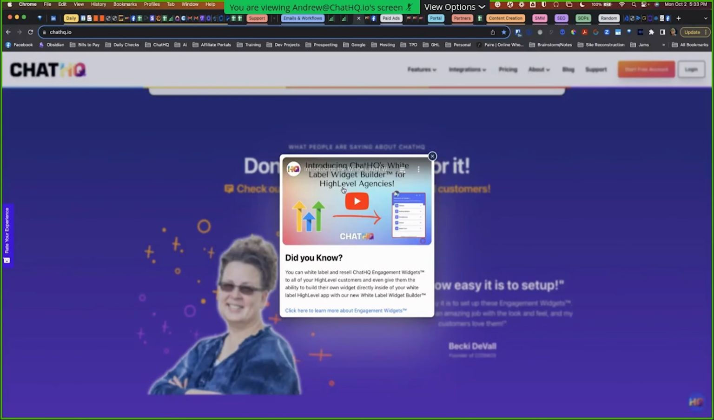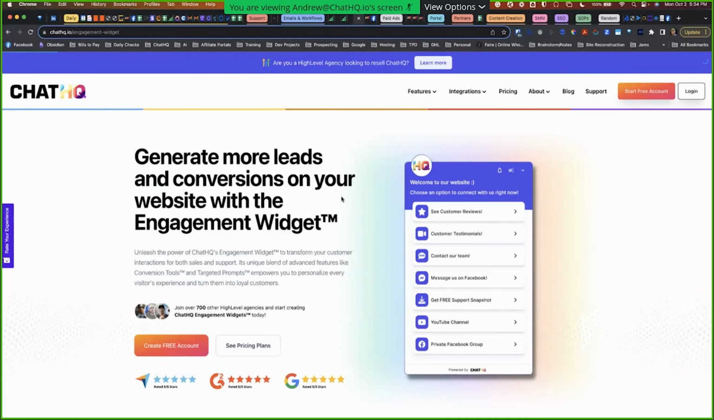Right here, it's a center pop-up. This one has a video, and I'm trying to get them to really pay attention. So like, hey, did you know that you can white label and resell ChatHQ? If they're at this point in the page, maybe there's some friction or some things that they aren't clear on. So we're saying, hey, we want to let you know you can white label and resell this stuff. They can watch this video and click on this link, which is just a text link, and it goes to another page in our website, which also has its own pop-ups and so on and so forth,